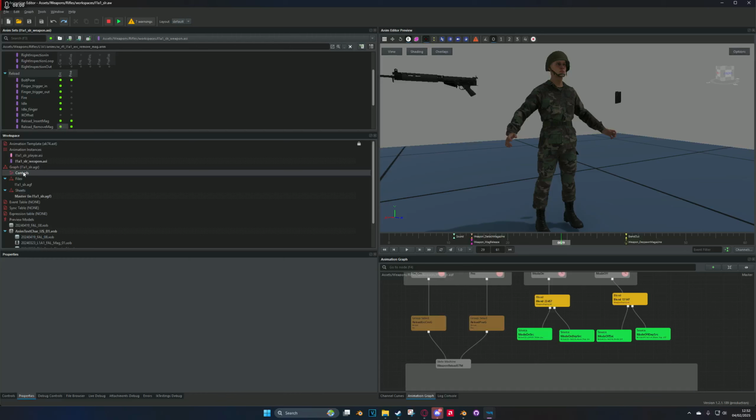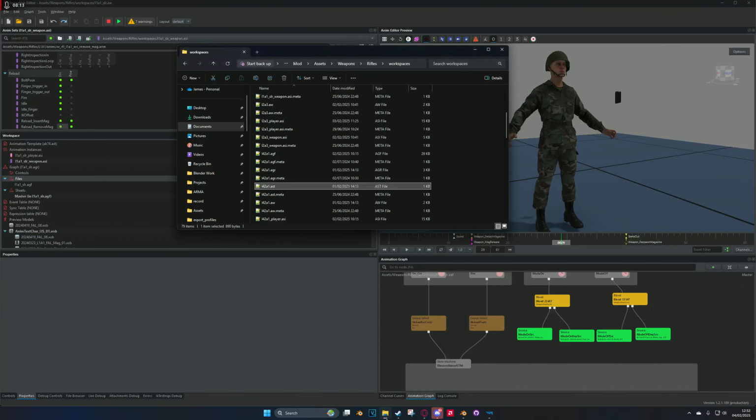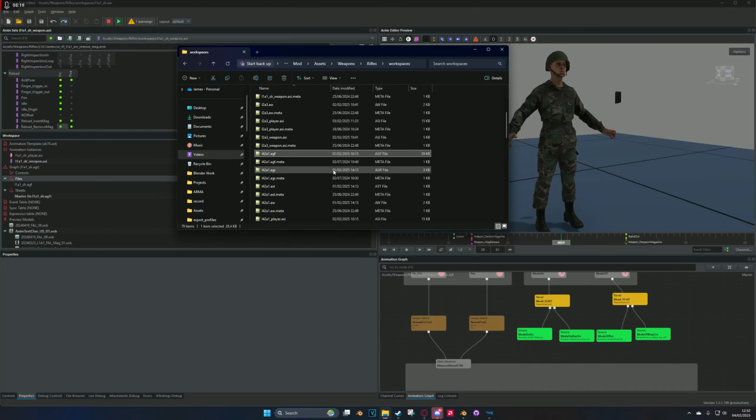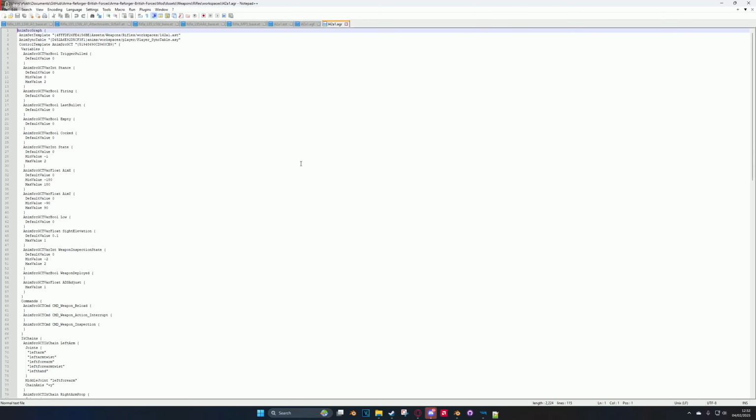That shouldn't need a dedicated file. That should hopefully be assigned automatically when you do the graph and the AGF file. And that brings me to the file section where you have the AGF file itself. If I remember correctly, which I don't, that's why I'm checking, AGF does handle a lot of node related stuff, and then the actual AGR file itself,